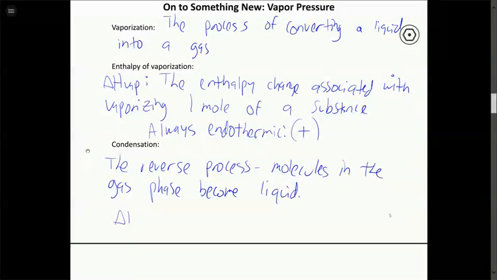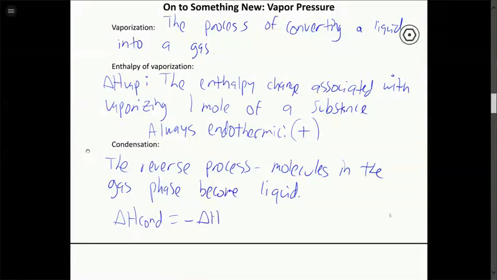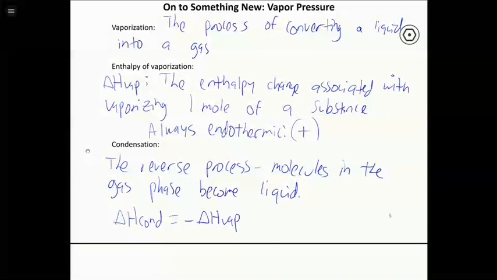This also has an enthalpy change associated with it, but as we know from the property of delta H, if condensation is just the reverse process of vaporization, then the sign is just going to be the opposite. It's going to be the same magnitude, opposite sign. So condensation enthalpies are going to be negative. We're not really going to deal with those very often, but if you wanted to calculate the enthalpy associated with condensing a gas, it's just going to be the negative of the delta H of vaporization, because it's completely the reverse process. If we reverse a reaction, we change the sign of delta H.